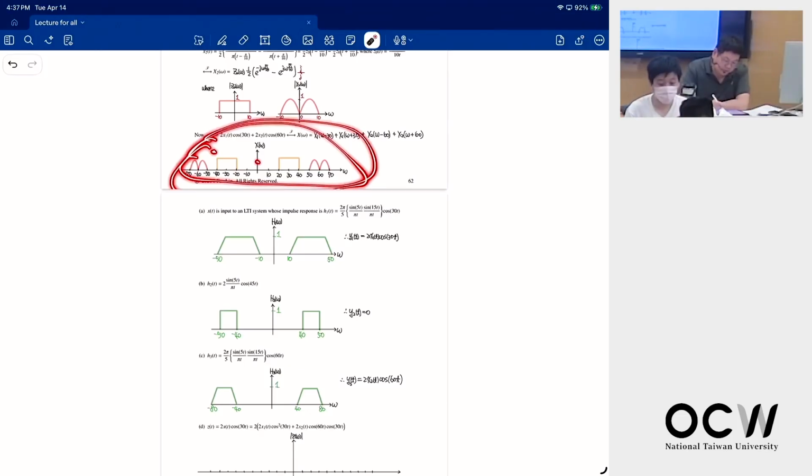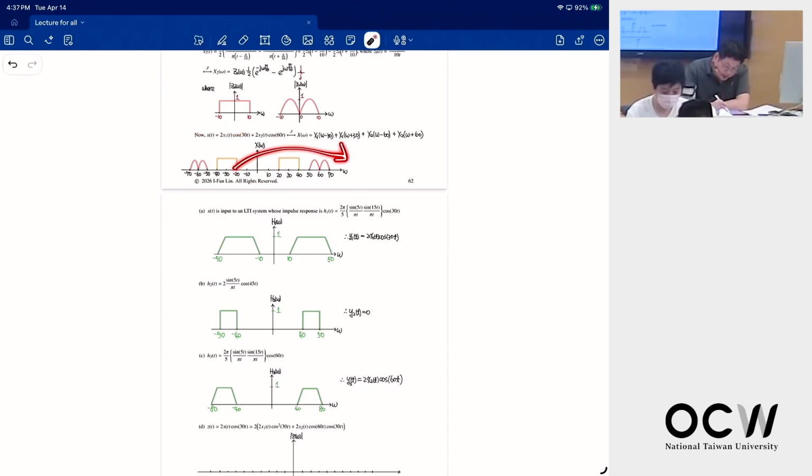Shift to the right by 30, and shift to the left by 30. So if I shift to the right by 30, I will have a rectangular pulse here. And shift to the left, this one will go back to here. So I'll have two rectangular pulses